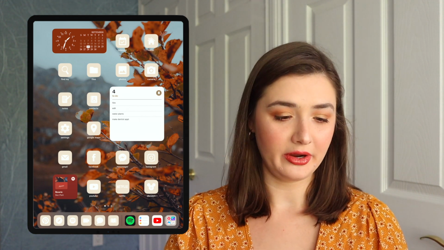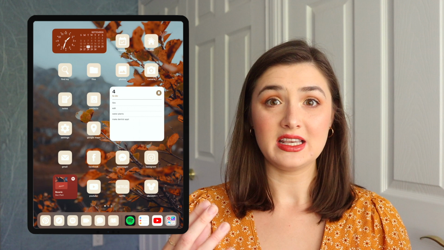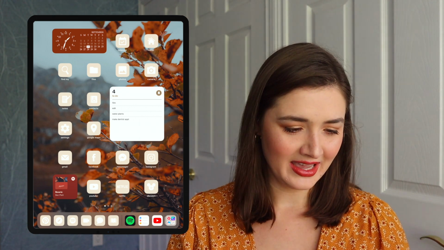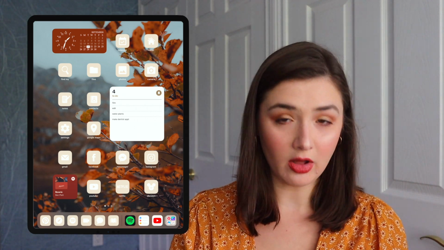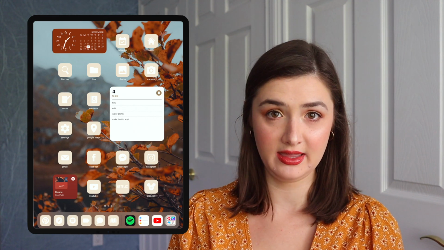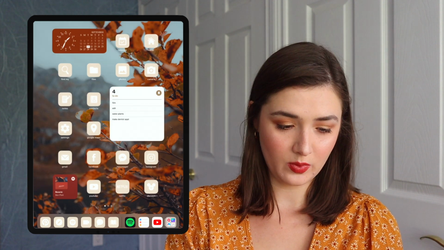And these apps are still bigger. I just like the bigger look with the widgets, especially how big the widgets are beside them. I like it. So this is the first page. The one thing that I will mention, and I'll go through and show you how to make the Widgetsmith widgets the way I've put them here.